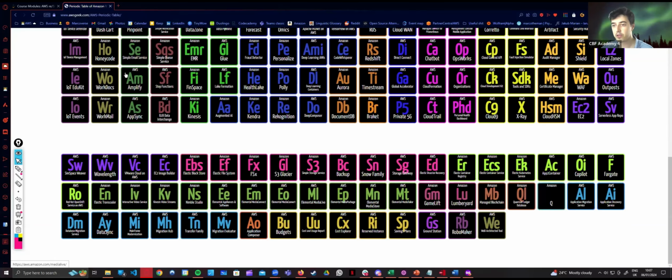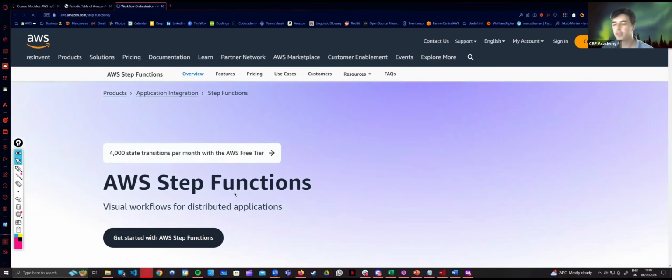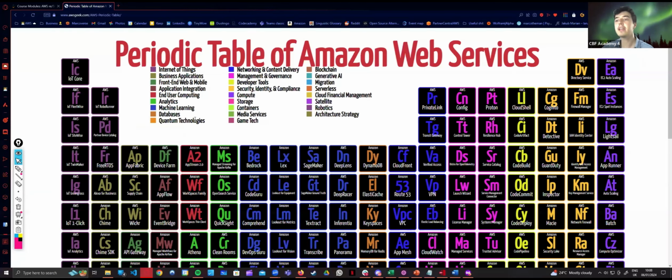If you're curious, this is one of those links that I think you should bookmark and check out yourself, because you click on anything such as Step Functions, which is a way to kind of decouple an application. So there we go. It takes you to a page. It's not much more than a kind of gimmick, but it does tell us where things lie in